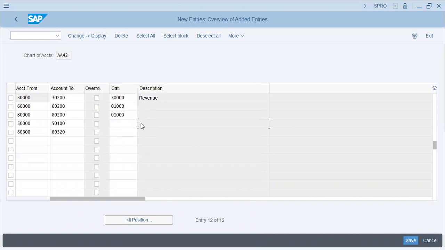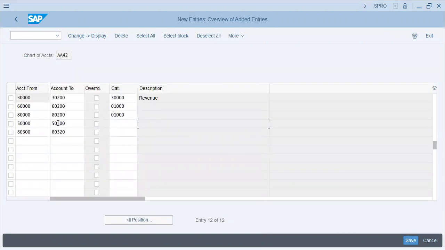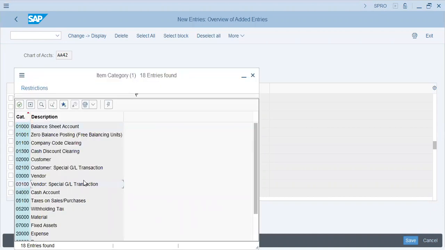Okay. 50 special GL will have 50050. Special GL